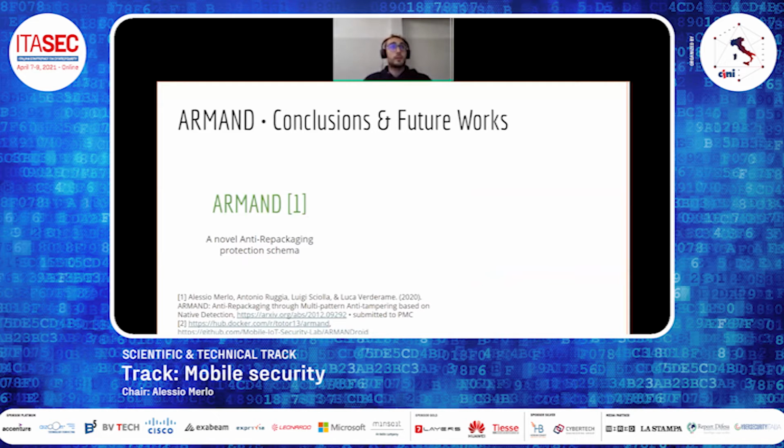Finally, in order to conclude, we propose ARMANDroid, a novel anti-repackaging protection schema and its guidelines, and we developed its implementation for Android applications. As future work, we can improve ARMANDroid to inject more logic bombs or more anti-tampering controls, or to fix some minor implementation bugs.